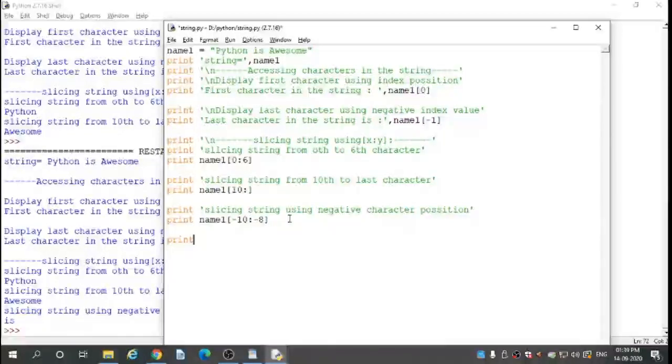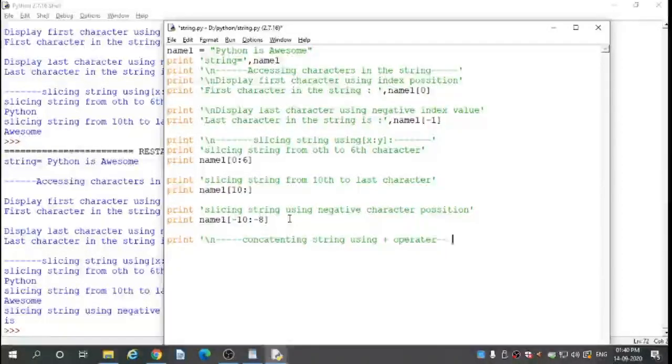Next, print in single quote \n concatenating string using add operator.